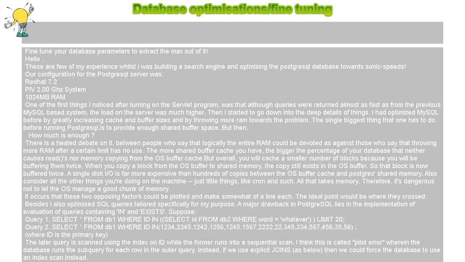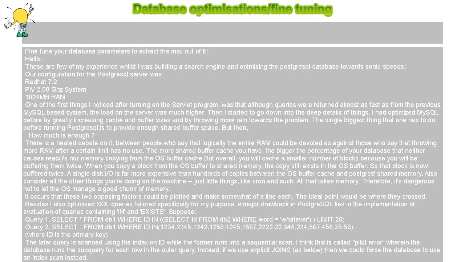Hello, these are a few of my experiences whilst I was building a search engine and optimizing the PostgreSQL database towards sonic speeds. Our configuration for the PostgreSQL server was Redhat 7.2, PIV 2.00 GHz system,